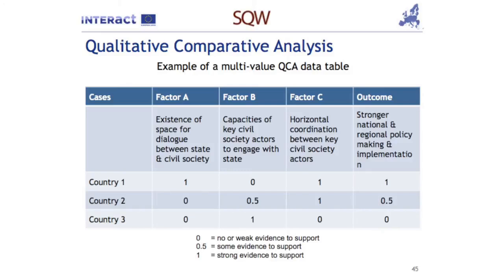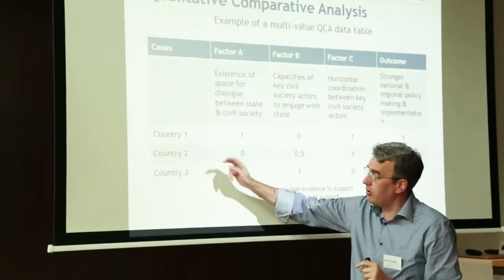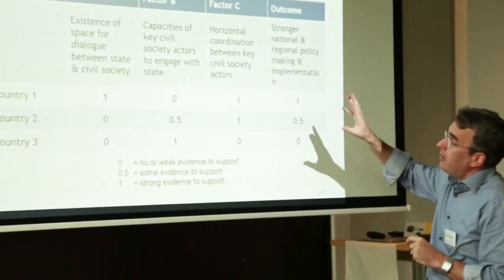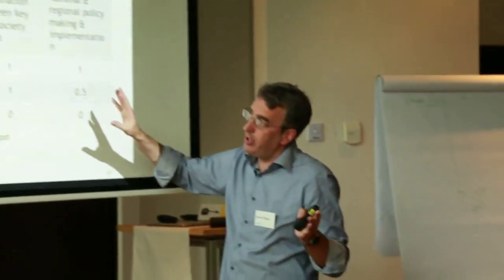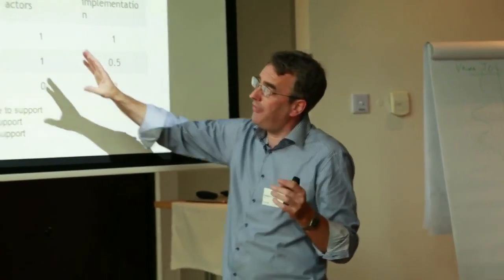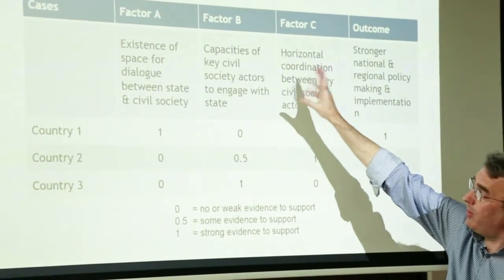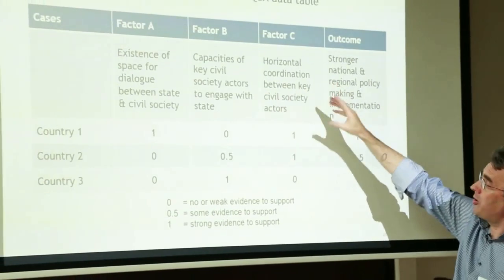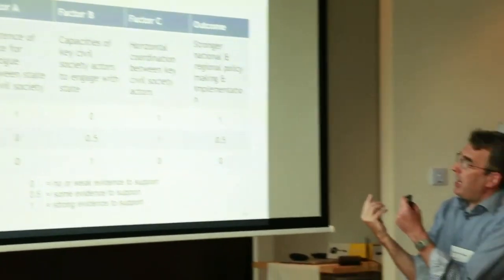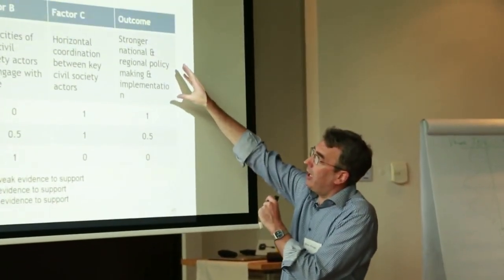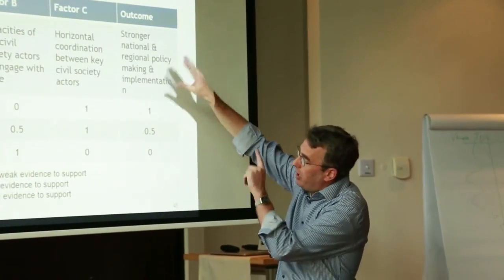So this is just a little example that a colleague of mine was working with recently on an evaluation. Essentially, he was defining here for a transnational program, country 1, country 2, country 3. And he, through thinking through his theory of change and then doing some discussions, had identified a set of factors: existence of space for dialogue between state and civil society, capacity of key civil society actors, horizontal coordination. And then finally the outcome that was being experienced by